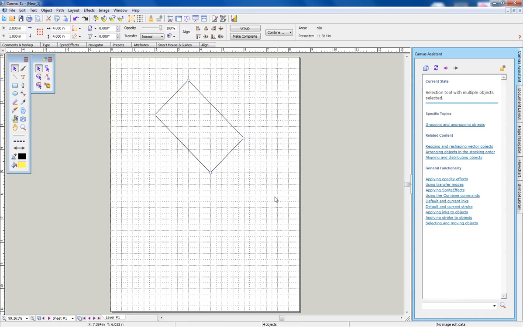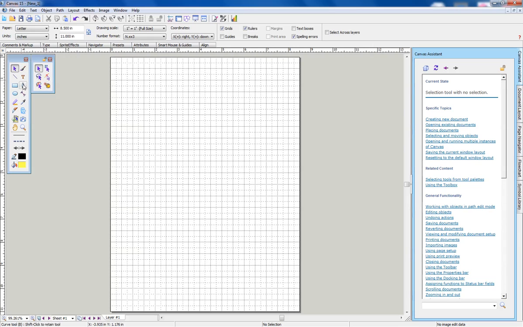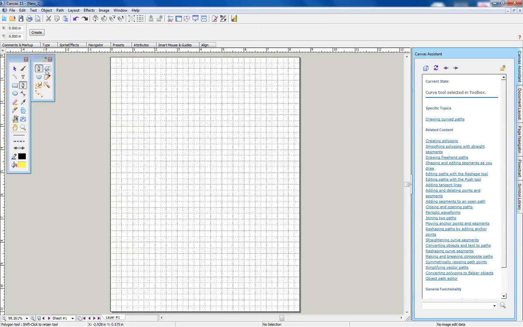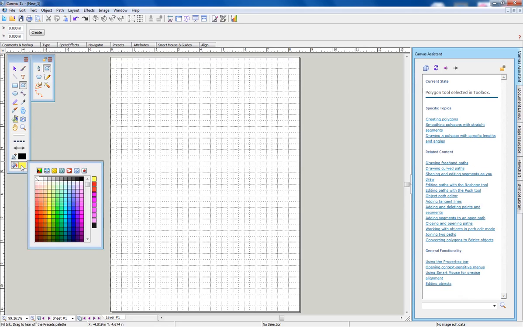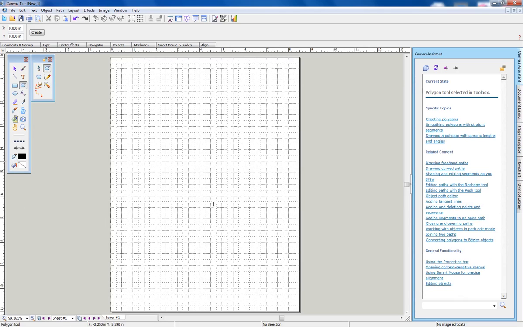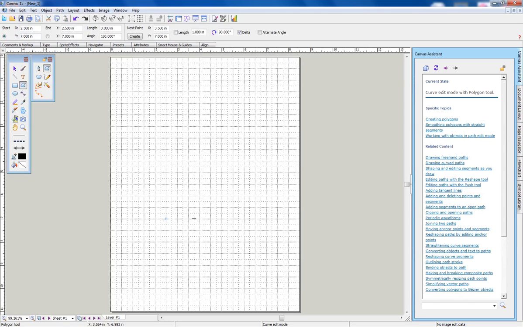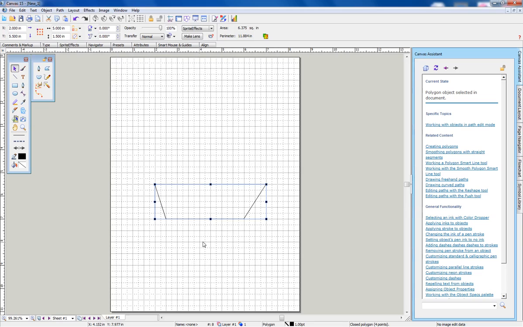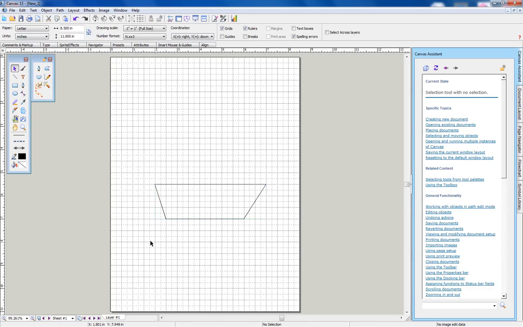But what I like to do is you could also use this curve tool, and if you go to the polygon tool, you'll be able to draw the same shape it shows in number 4, except this time you'll be able to fill it in with a color. So basically we're going to draw from point to point where we want that shape to go. And once we're finished, we could press escape on the keyboard,